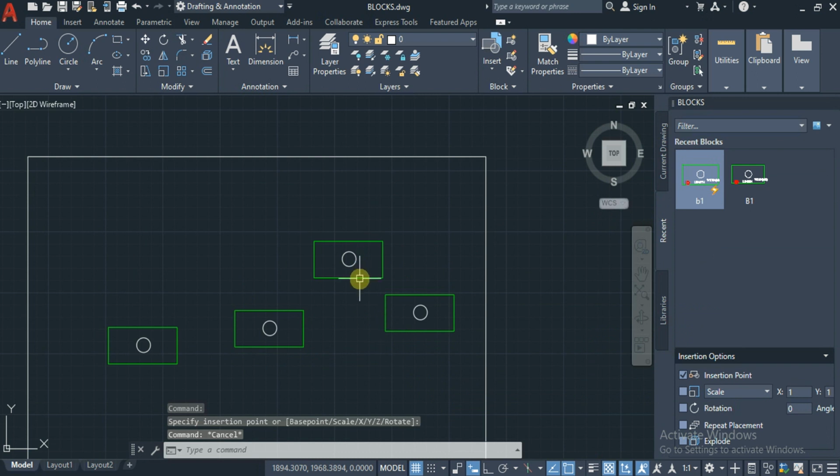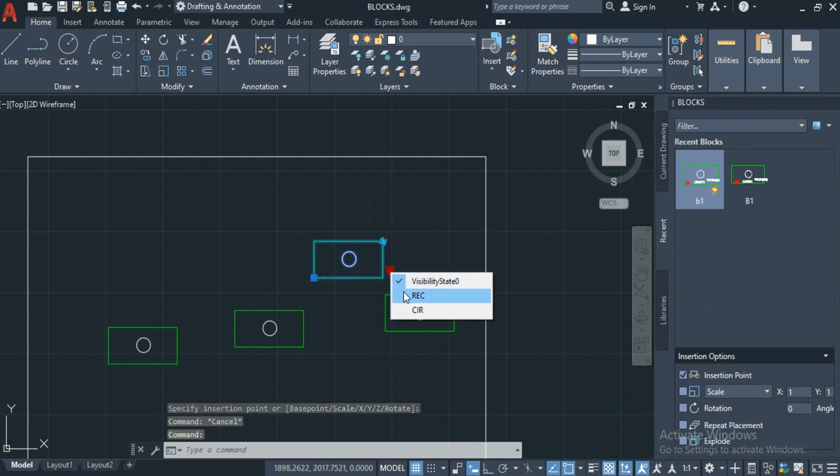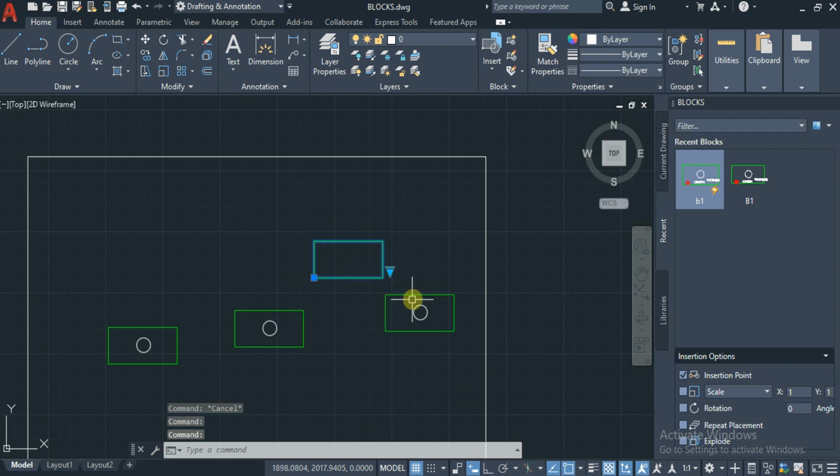If I select this and keep rectangle here, we can see only the rectangle. If I click this object and keep circle, we can see only the circle. Like this, by assigning visibility parameters, we can show only the required object or set of objects. Instead of creating multiple blocks, with these dynamic blocks we can create the states, and we can also give constraint dimensions, etc. So this is all about the blocks.